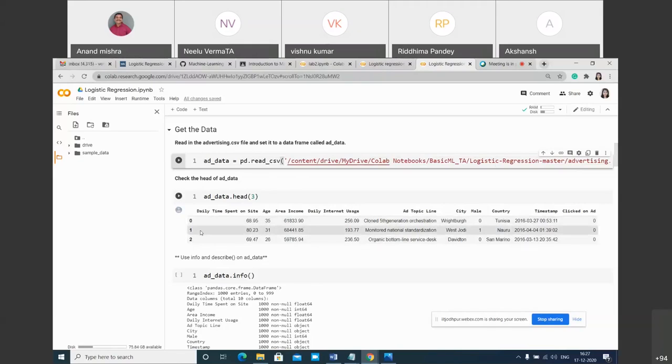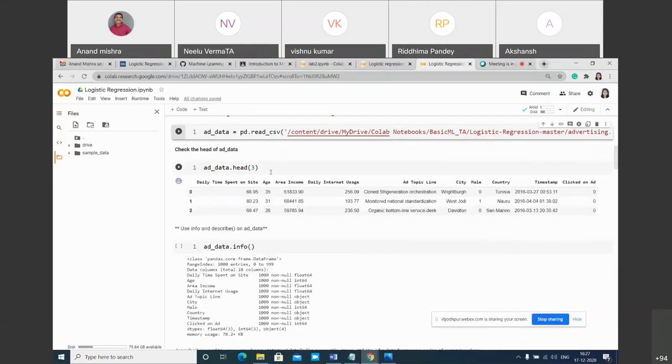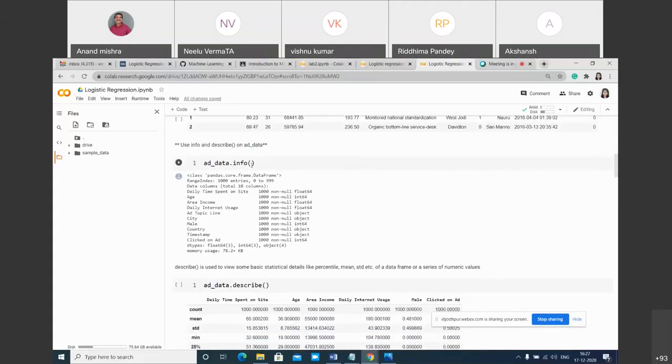these are called records, or tuples, you can say, and these are all features. If you want to show some records, like 3 or 4 records, to check what is present in your data, you can write ad_data, because we took all these things into ad_data. So you can use the head function. The head function gives you the top records. If you write top 5 records, 7 records, or 10 records, it will show them in this format. All right, I am hoping that you are getting my point. So here there is one function, info.